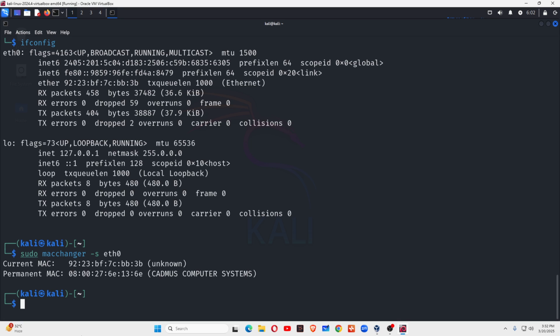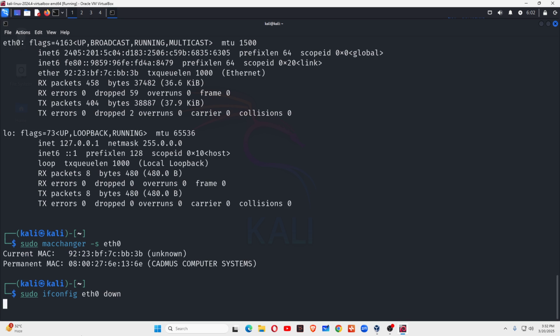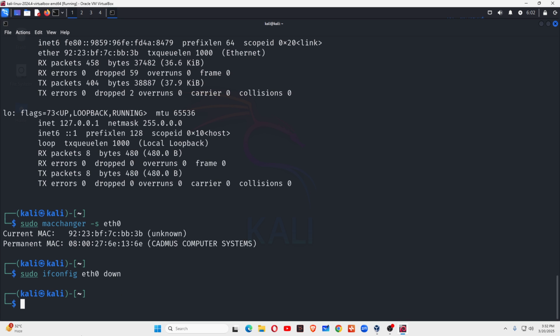If you want to write your MAC address yourself, you can do it, and for that you have to bring the interface down first, and then you can modify it. So first of all, go here: sudo ifconfig eth0 down again. Once it's down, now it's time to run sudo macchanger,